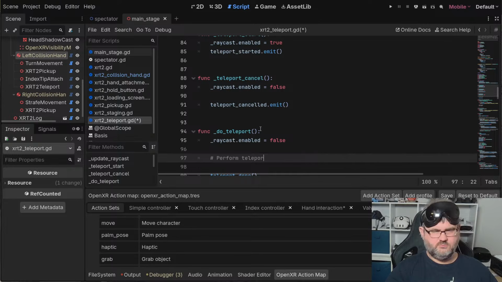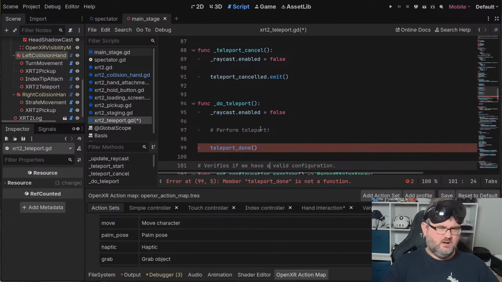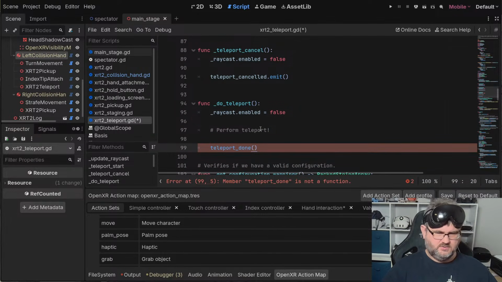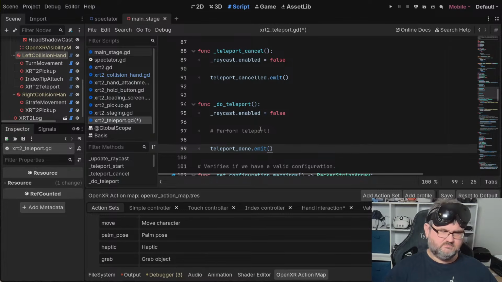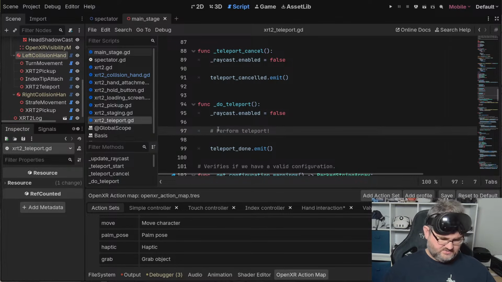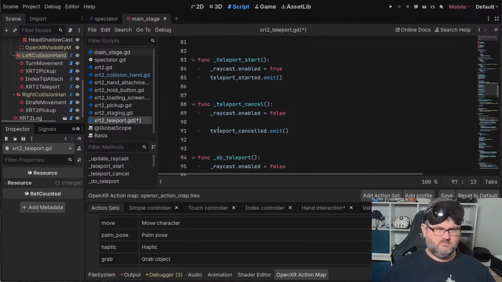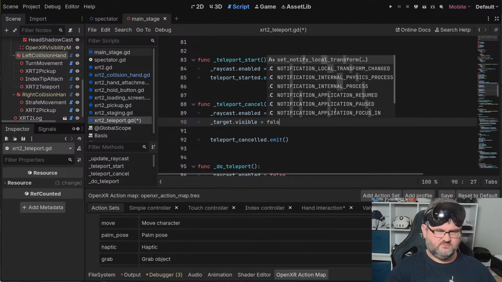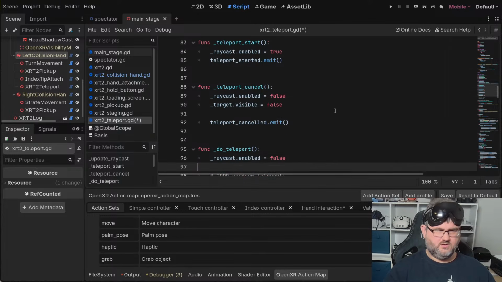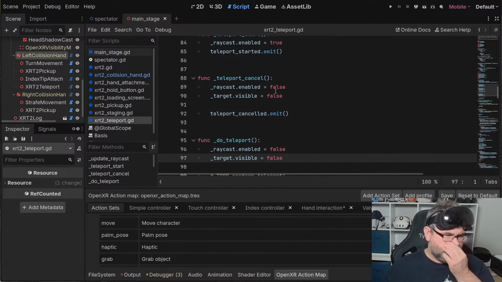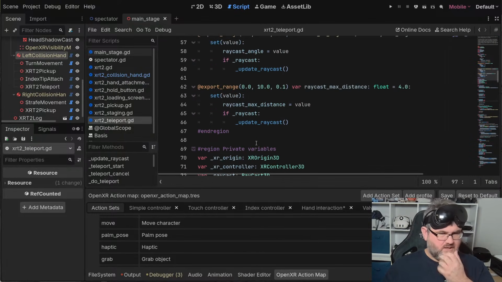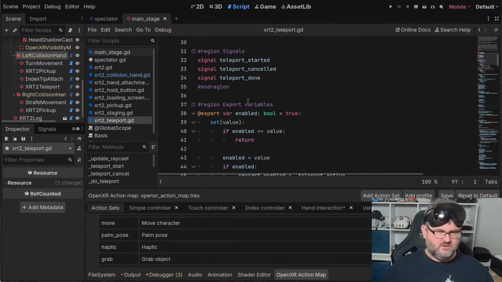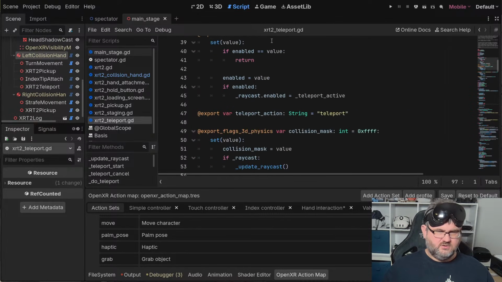For teleport. No, that's dot emit. There we go. It's gonna be to-do teleports. And in this case, we want to make sure that our target visible is false. So make sure that we hide our teleport target when we're finished. So that means that over here we say